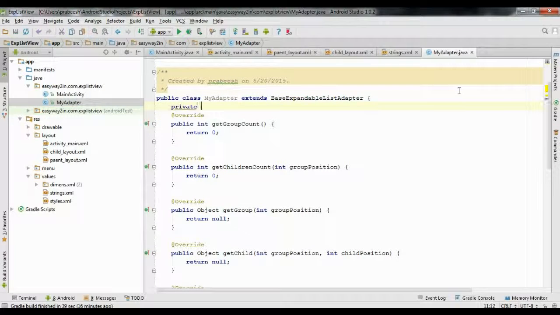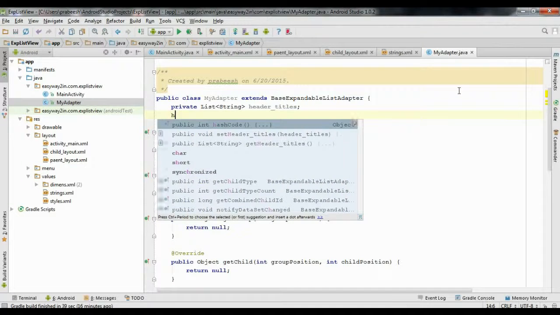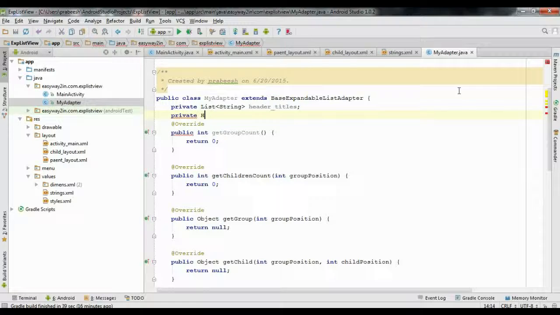First I need a list, private list. This list is for representing the headlines, so this will represent strings, and I name it as header titles. Okay, now we have to define some hash map. For the child items, we have to represent the child item with the header heading, that means the parent heading. So we need some hash map variables. So here I create some hash map variables, private